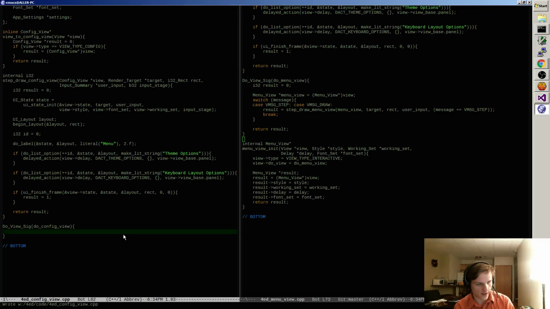So I make a UI view and I attach it to a driver that drives the content in that particular UI. So the driver is like a pointer to a struct that has some callbacks, so that I can do different things. That's my new idea for how I want to structure this a little bit better in the future, so that I don't have a new view type every time I want a new menu or something in the UI. And then the thing that actually does the work would just crunch the output from these callbacks. But anyway,